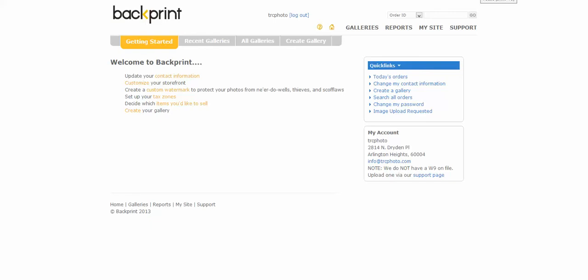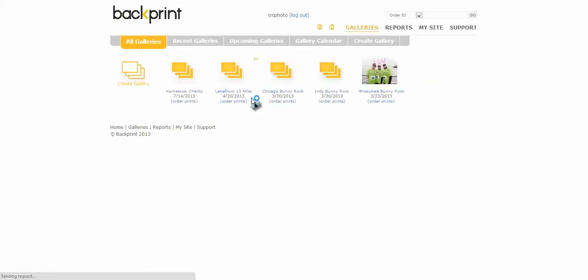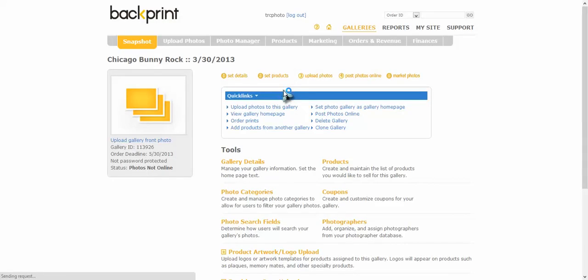Okay, I'm going to go through all the steps to uploading images via FTP to Backprint through the Brightroom account. First of all, I want to make sure I go to my Backprint, log in. I'm going to look at the galleries, and I'm going to find the one I want to upload to. In this case, I'm going to click on Chicago Bunny Rock, and I want to get this number right